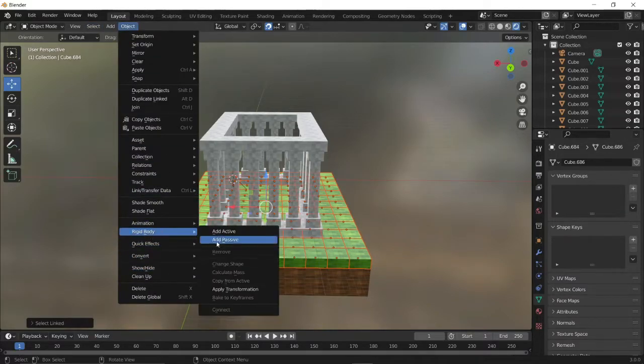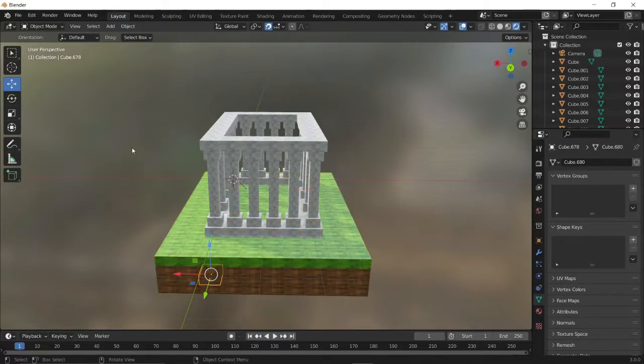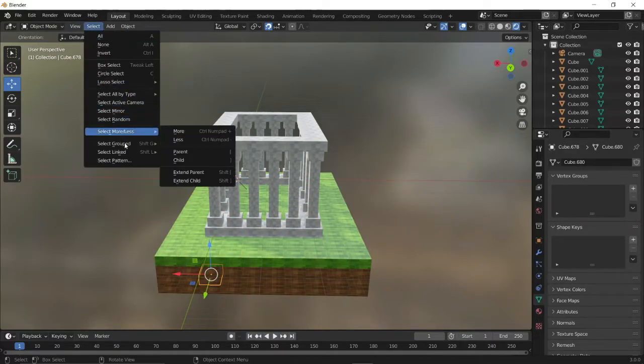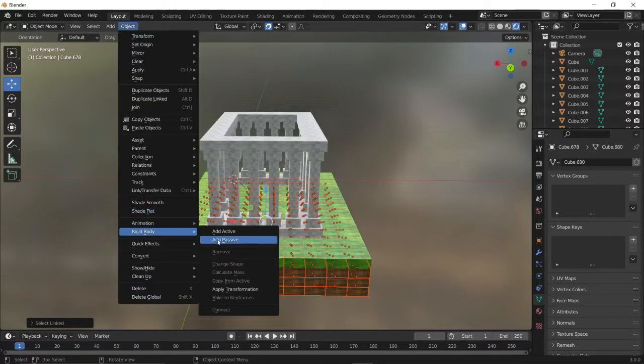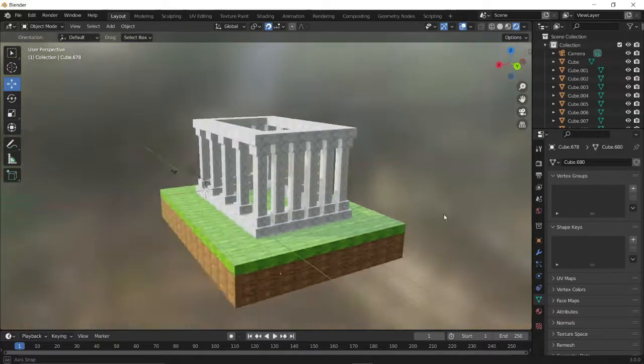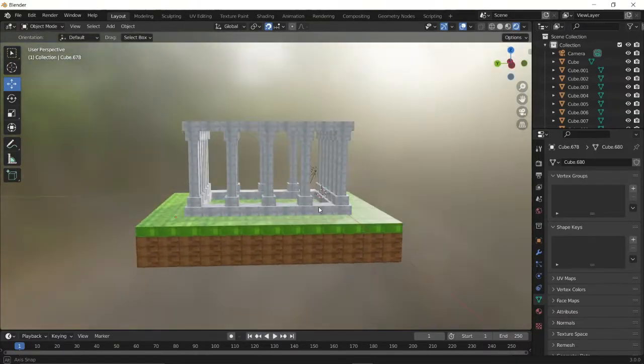Active means it's moving, and passive means it's not moving. It's not supposed to move. The active means it's supposed to move. So the ground I set to passive, and the building I set to active. So just see the preview.